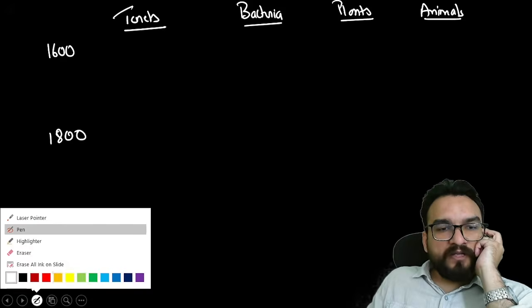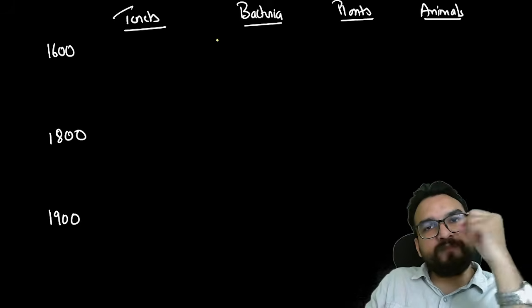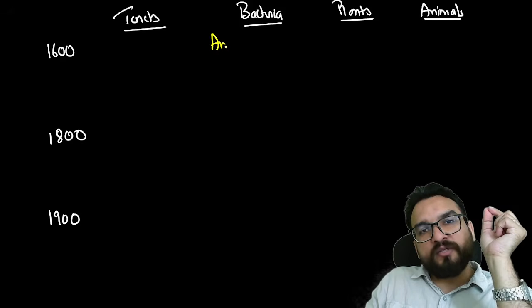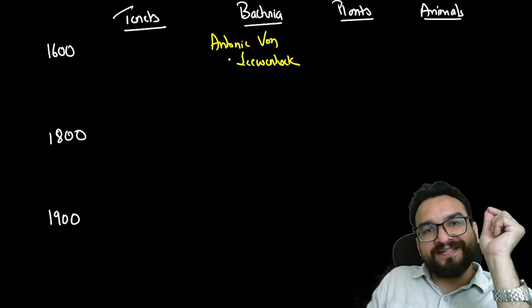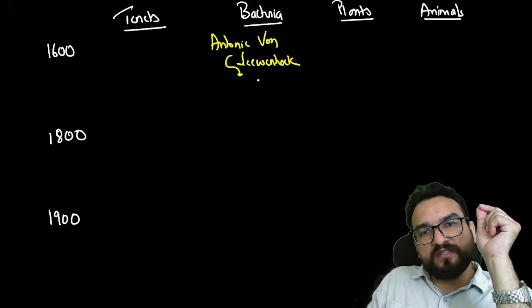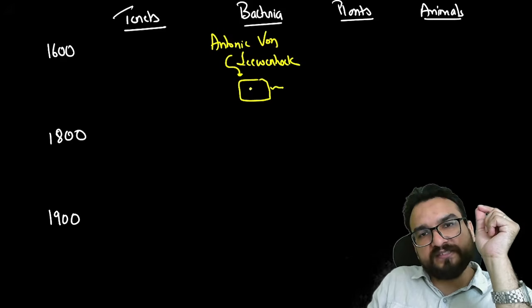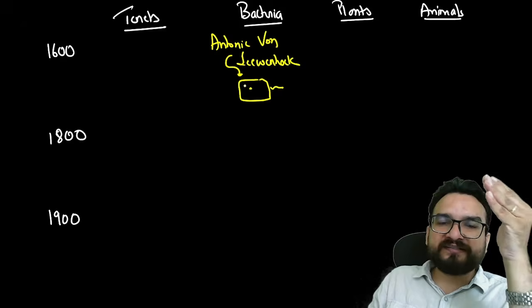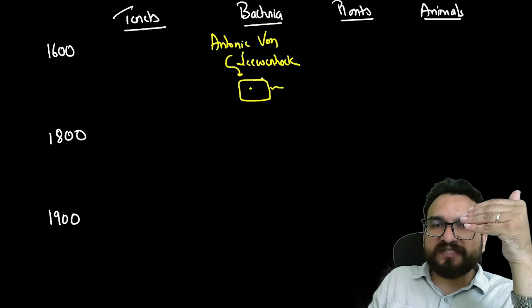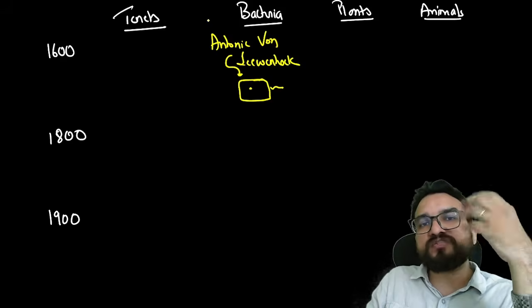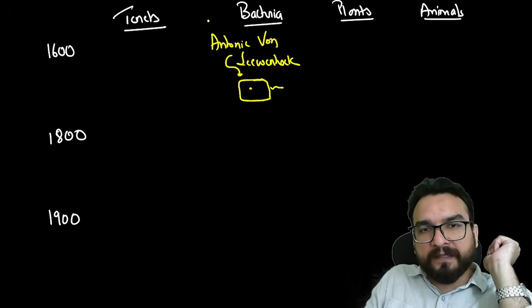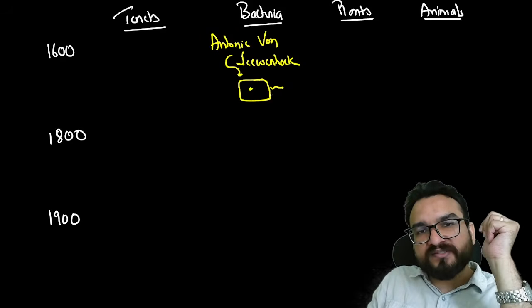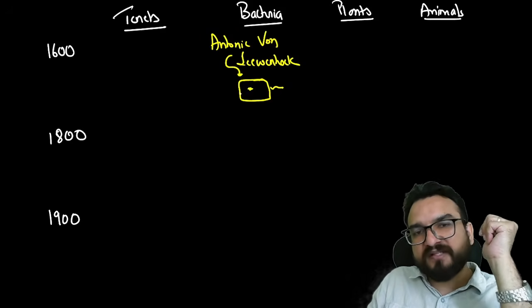So over here, one scientist who is the father of microbiology is Antony von Leeuwenhoek. He observed a type of cell like this. Today we know that this is a bacteria, this is a prokaryote. At that point of time, he did not visualize but saw through his microscope, the primitive microscope which was invented by these people. They observed that this bacteria is made up of something like this.